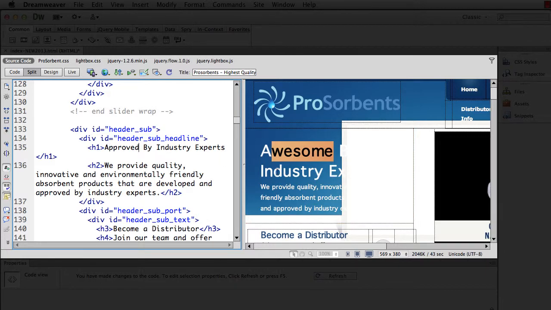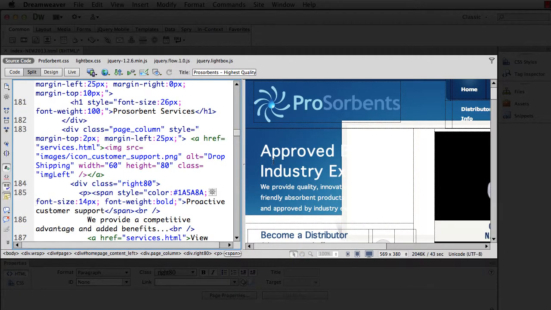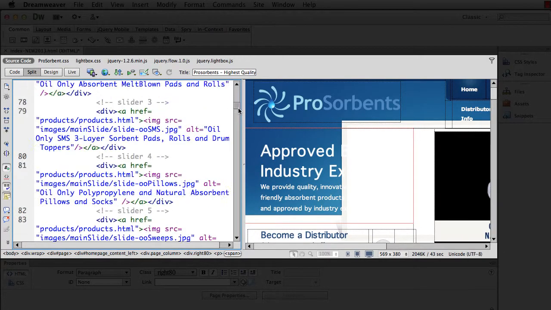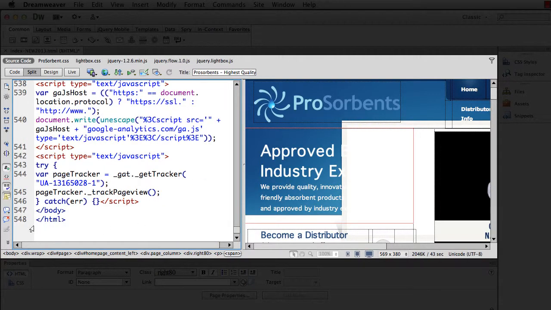And now when I click over here, you'll see the changes take place. One of the things that I really like about the split view is that even though you have all this code over here on the left, you can easily get lost in it. I think this particular page has over 548 lines of code. Ouch! So what happens if I need to make a change to the code, but I don't want to dig